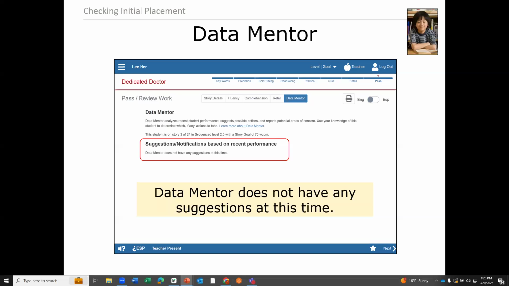So it's still providing you with information. Clicking on that tab will let you know, nope, it seems to be good. If you disagree with it, you can still make a change, but Data Mentor does not believe he needs one at this point. So that's one of the places that you can look. The other place that you can look, where you don't have to wait until the pass review work page, is